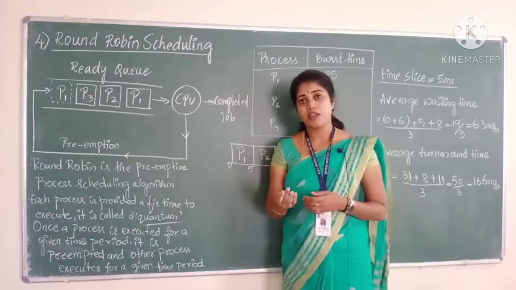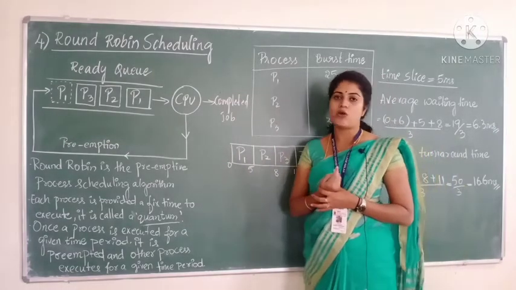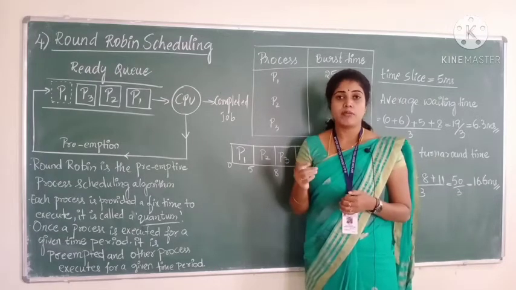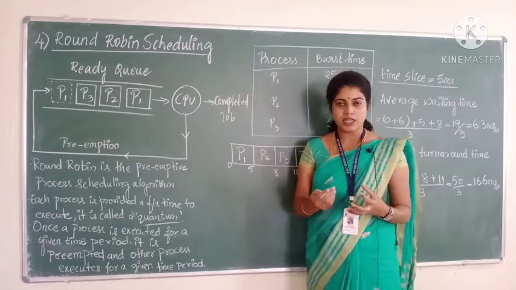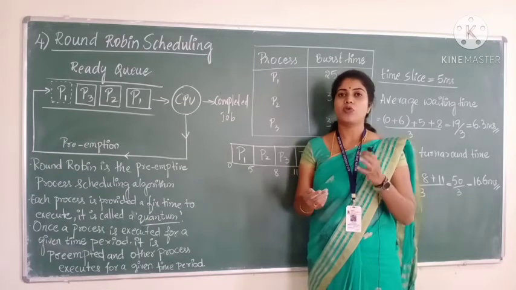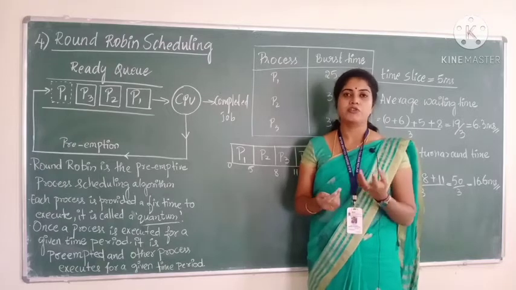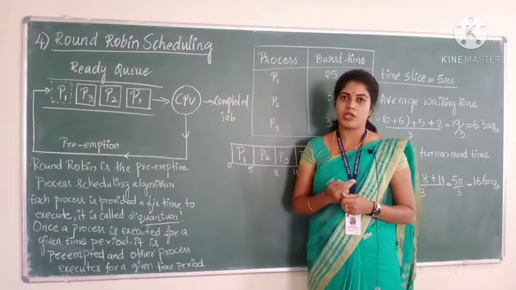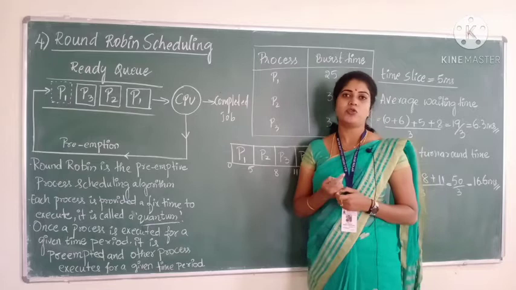I have already explained the differences between preemptive and non-preemptive scheduling, and the round robin scheduling algorithm is a preemptive scheduling algorithm. Here, what you have to understand is that a CPU can be taken away. Once a process has started its execution, in the middle the CPU can stop its execution and give execution to another process. Shortly, where the CPU can be taken away, that is called preemptive scheduling, and round robin is one of the preemptive scheduling algorithms.